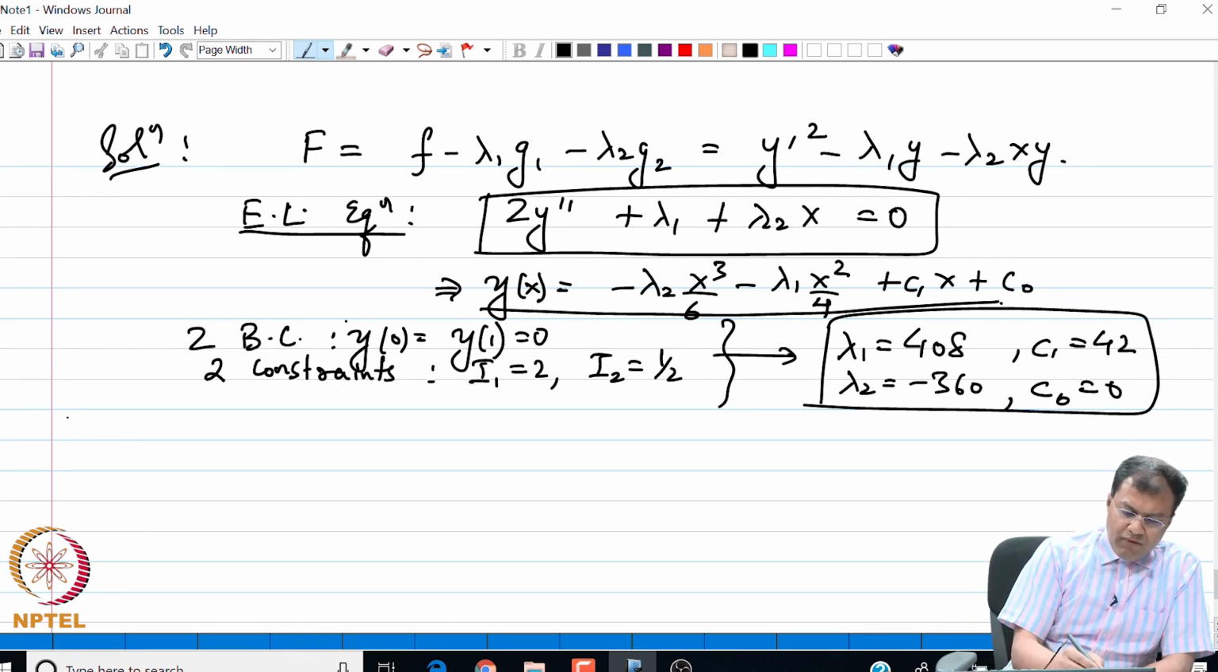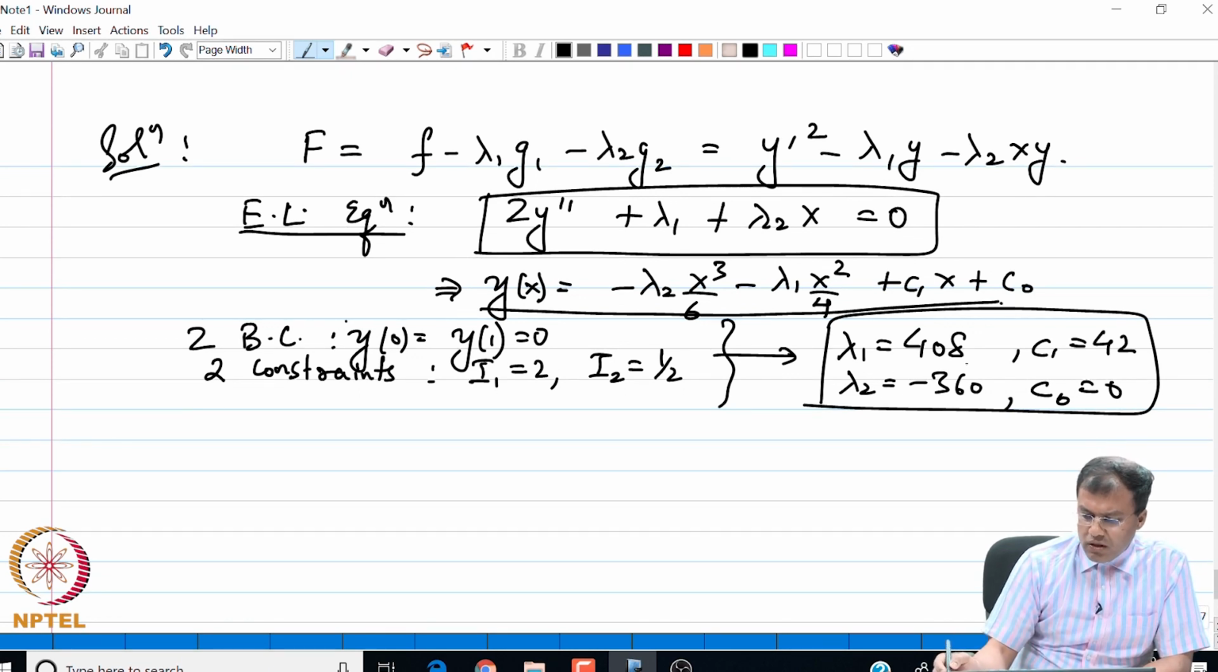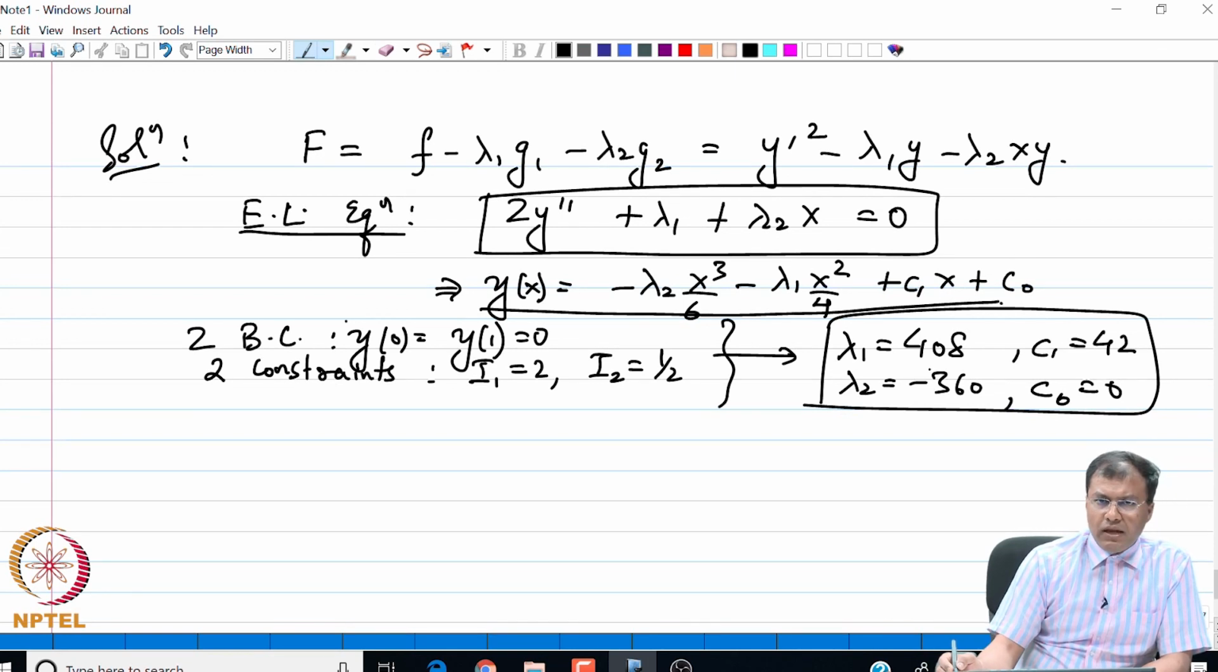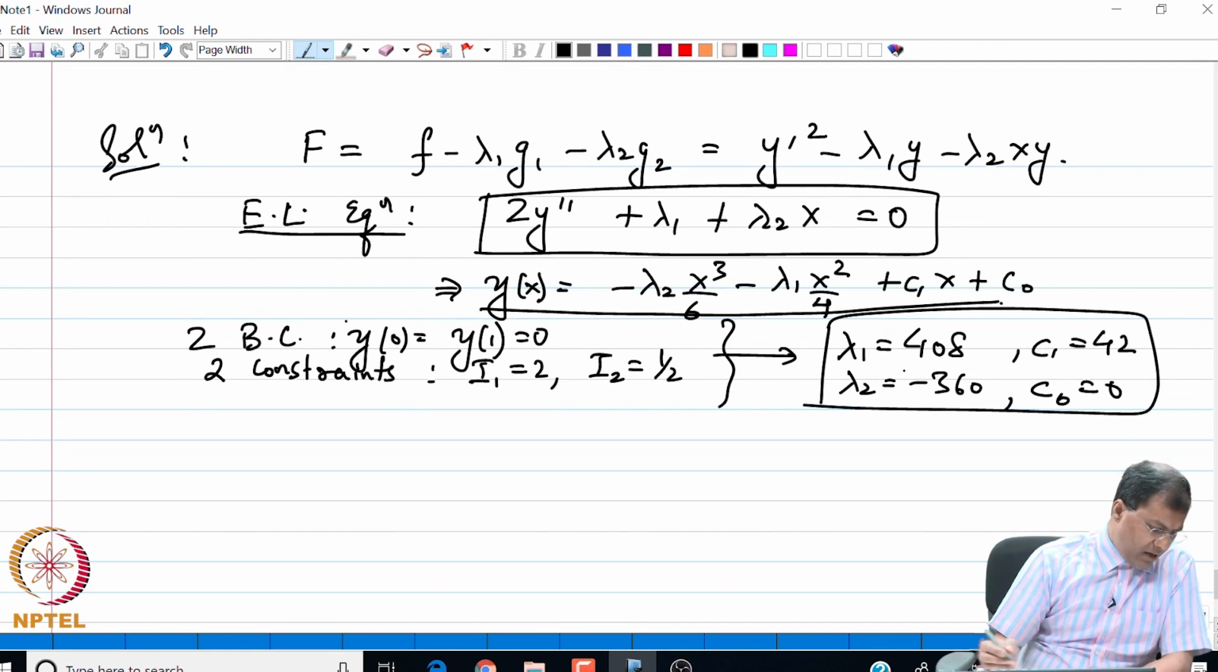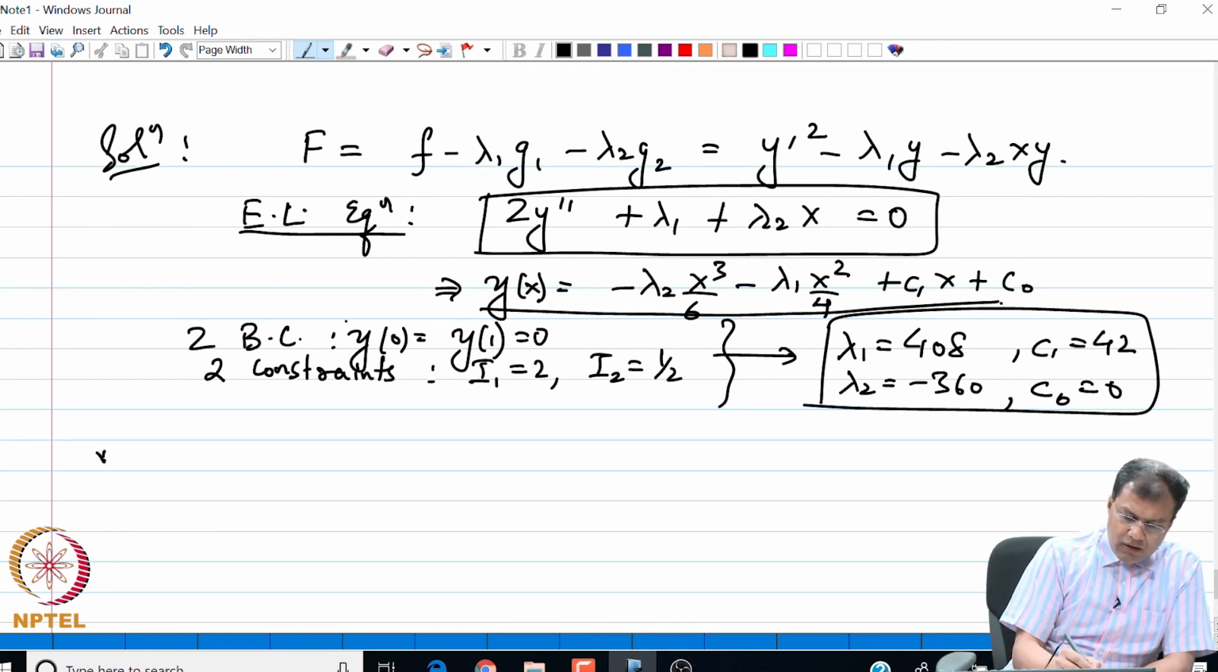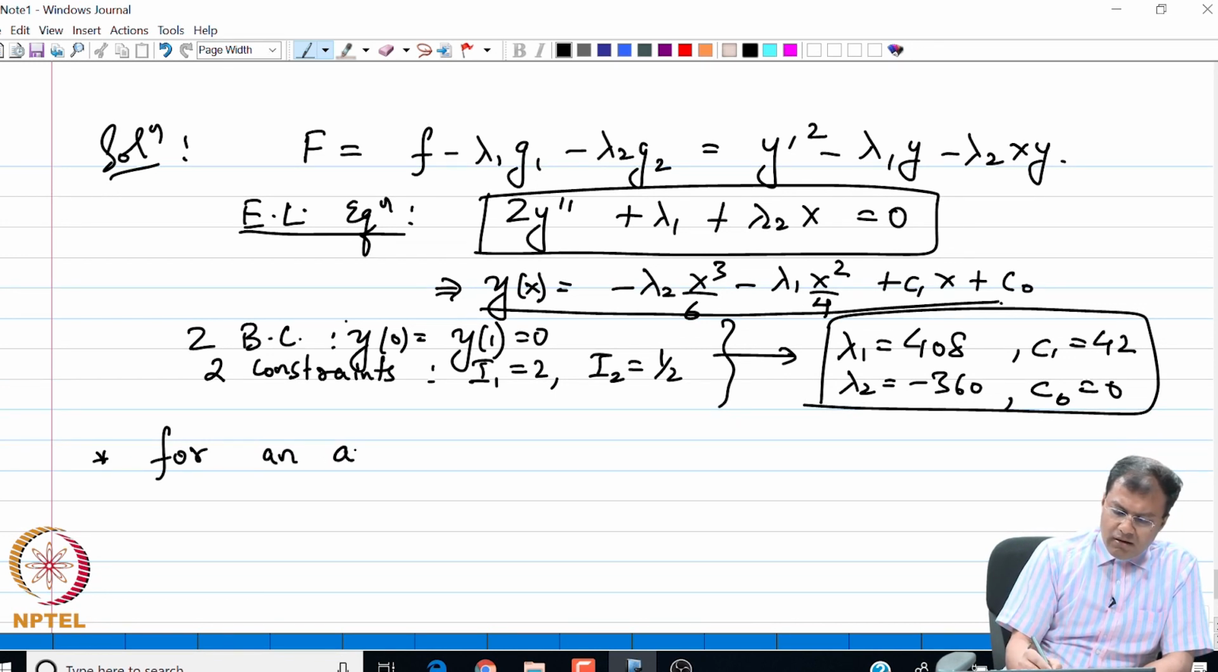And before we end the discussion on this example, let us also briefly look at the existence. We have already shown that lambda 1, lambda 2 are these values, but whether these values are unique or whether we could possibly get another extremal for different values of lambda 1, lambda 2, we do not know unless we check the rank of the Jacobian and the augmented matrix. So, let us look at those quantities. For an arbitrary perturbation,